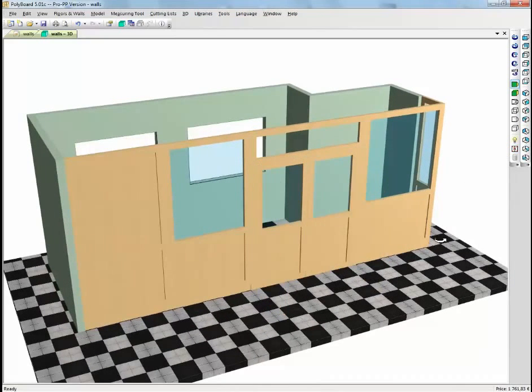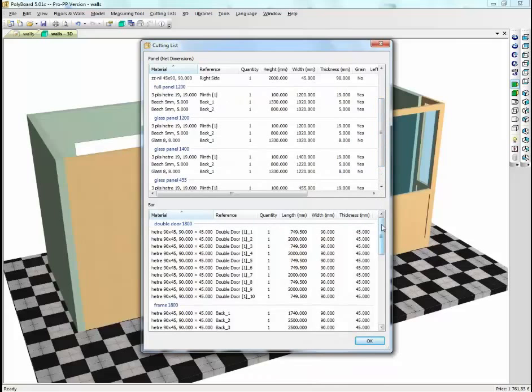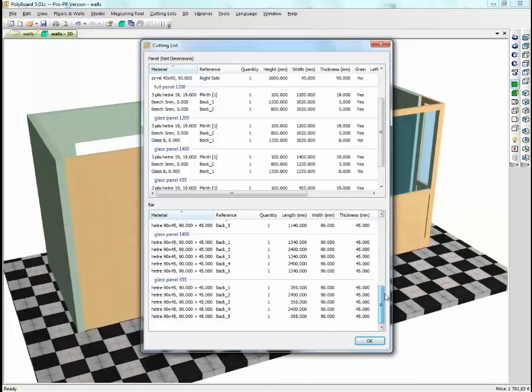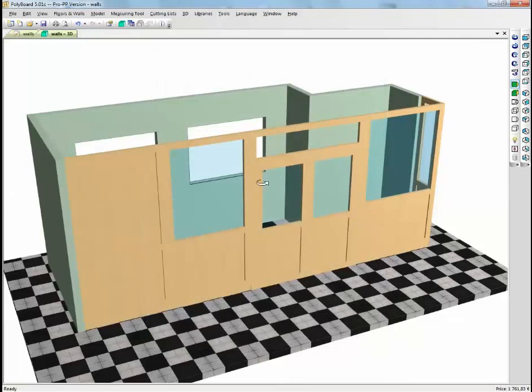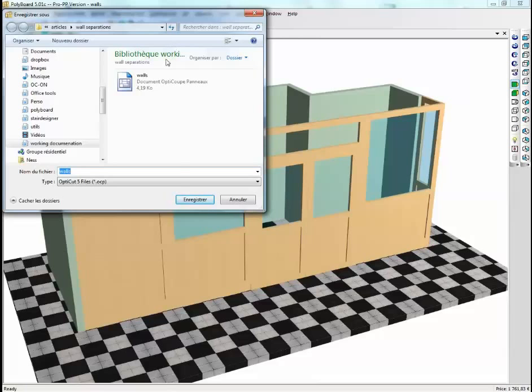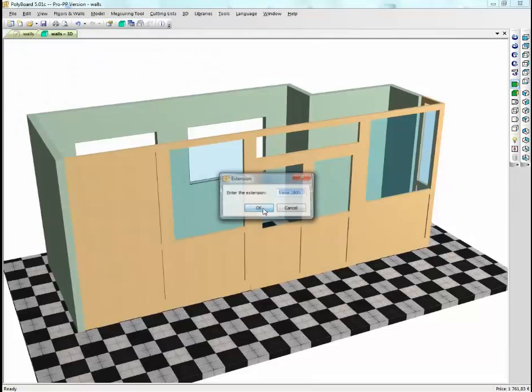Of course, the interesting thing here is that we have the cutting lists of every single material. As we've used bar material for the framework, we have the cutting list of all the bars. This cutting list can be automatically output into OptiCut. So if I click the OptiCut export function of Polyboard and open the file, let's replace the file that we've already made, just giving the default names for each element,